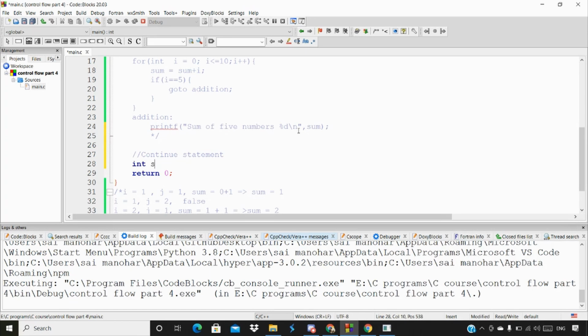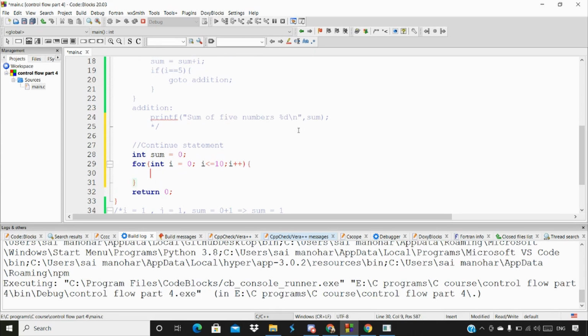I'm going to declare a variable sum equals 0 first, and then I'm going to give a for loop: i equals 0, i less than or equal to 10, i plus plus, with open and close curly brackets.